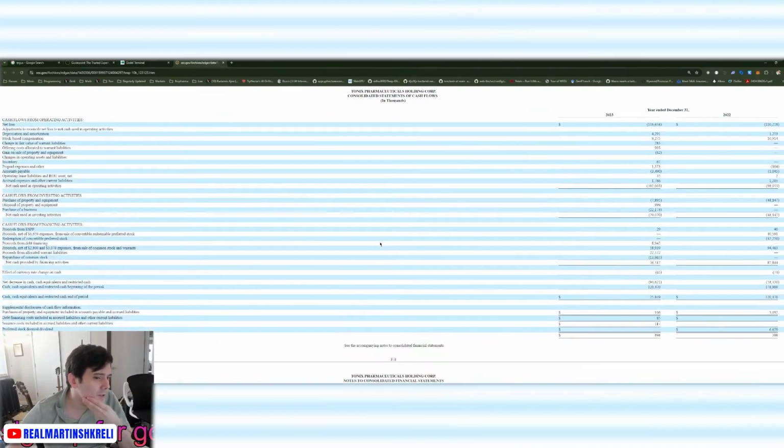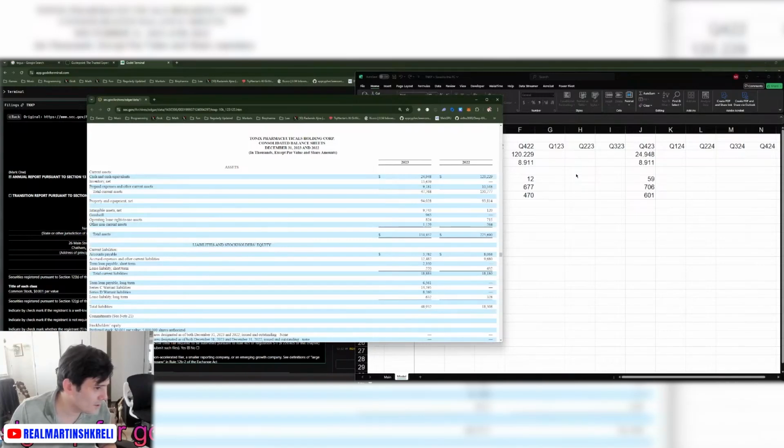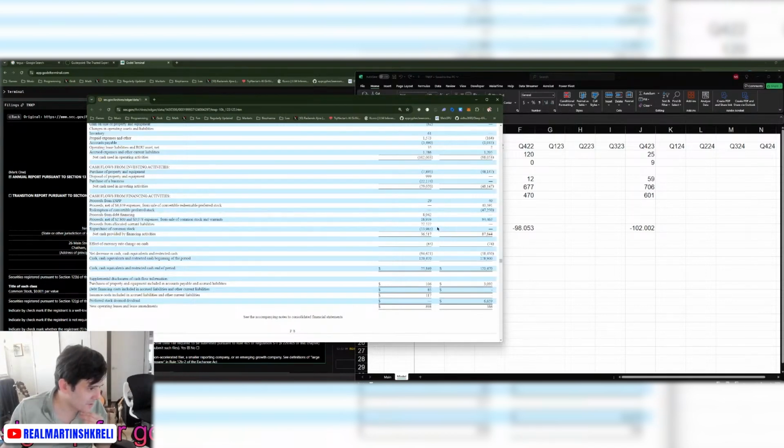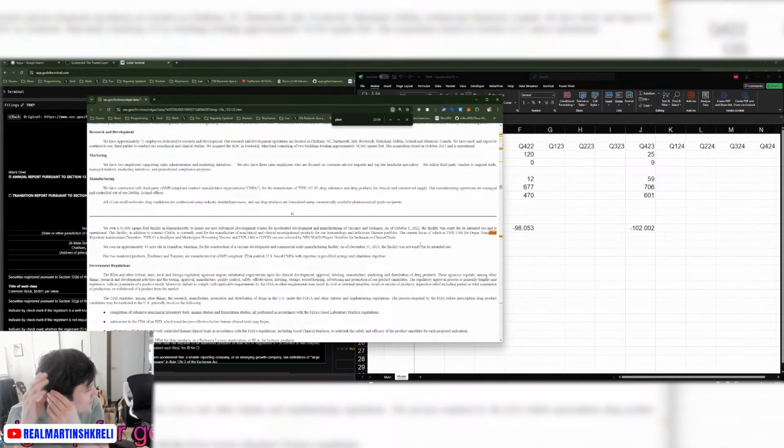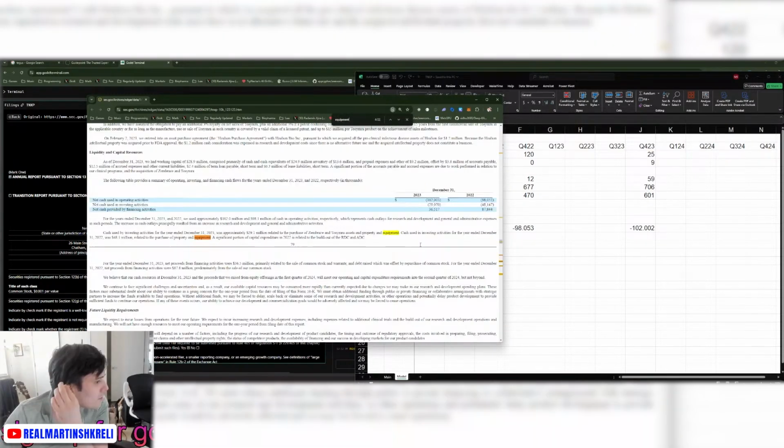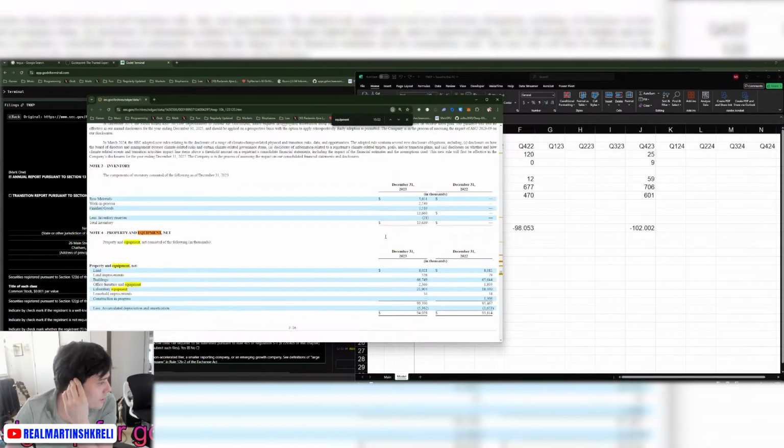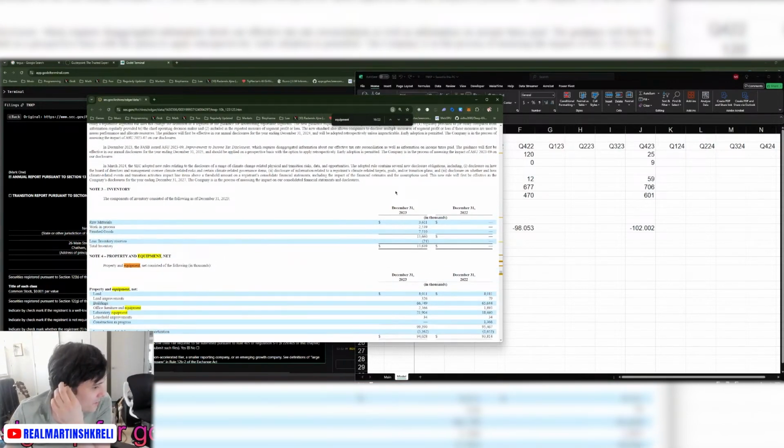And they burn 100 million a year. It's a lot of money to burn. They had $120 million once upon a time. They just basically frittered it away. They bought back $14 million of stock. Come on, dog. So they have maybe a vaccine facility. Is that the main thing they own? RDC and ADC. Most of it is buildings.